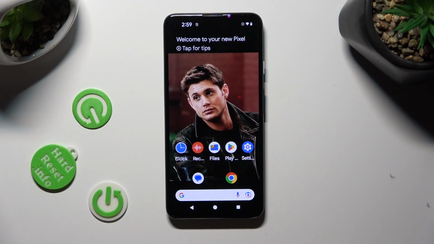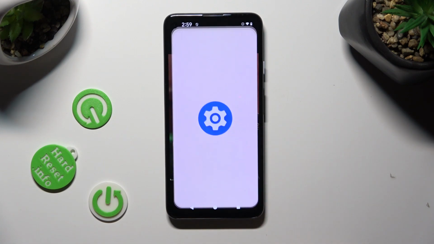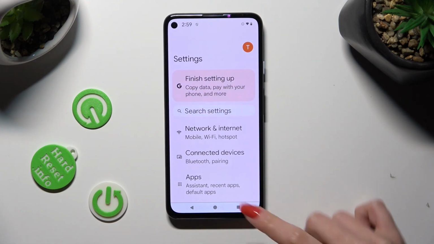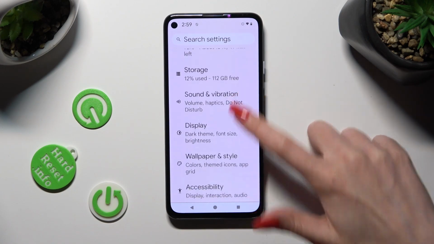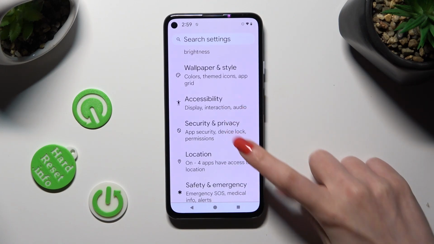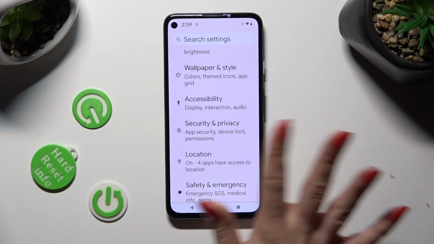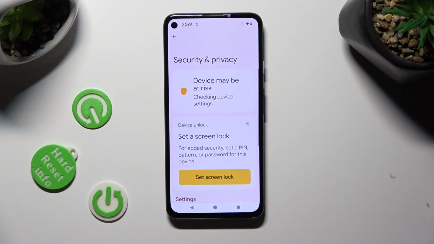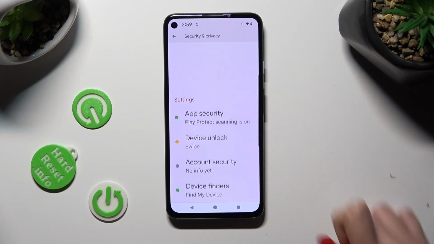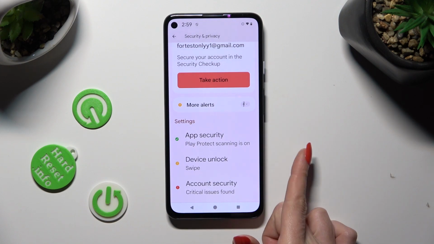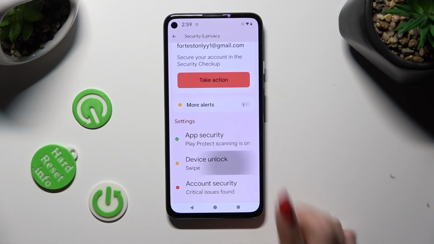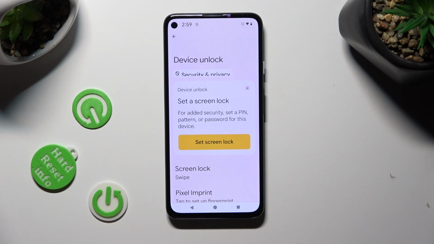You need to start by opening Devices Settings. In them, scroll down to access Security and Privacy. Now scroll down, click on Device Unlock, click on Screen Lock,